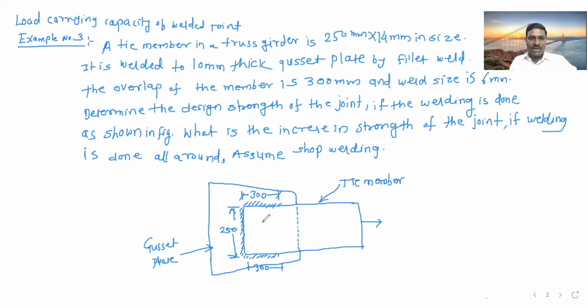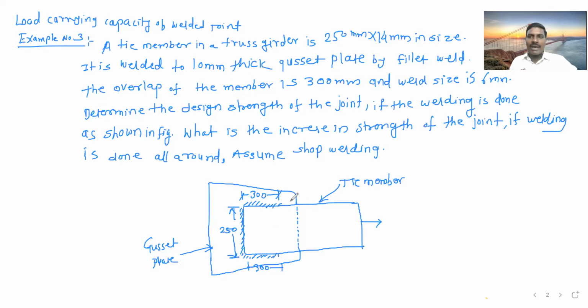Anyone? How can we calculate the effective length LW? LW equals L plus 2D? Tell me these calculations. 850. 850 means addition: 300 plus 300 plus 250. What will be added here? By seeing the figure, 300 plus 300 plus 250. Good. This way, the formula is good.